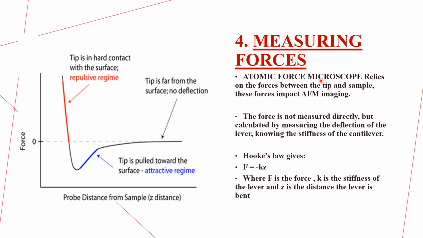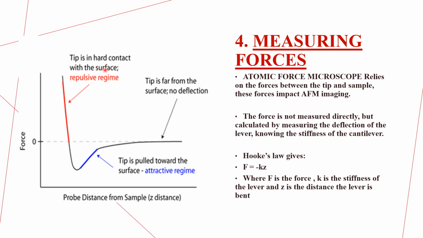Now basically, as the name suggests, this atomic force microscope's principle is based upon the atomic force. Atomic force means the force between the tip and the sample. So basically the atoms of the probe and the atoms of the sample interact with each other. It can be any kind of force, like repulsive, attractive, or no force at all. With the help of these changes in the force, we can note the data.